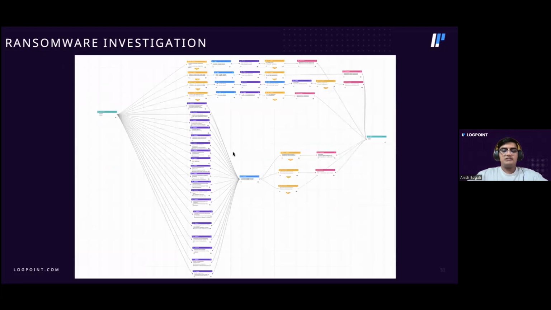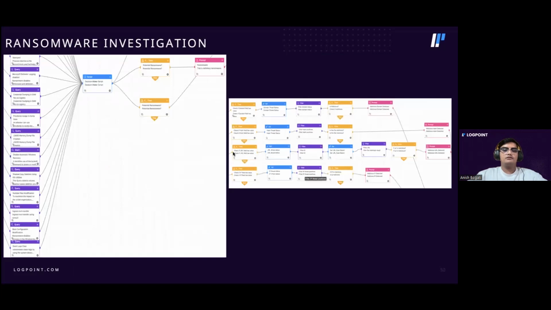Next is the ransomware investigation playbook. It looks for multiple artifacts and techniques used by adversaries, which will be further discussed in the next slide. After the trigger of this playbook, the first thing it looks for is whether the detected artifacts, such as IP addresses, hashes, or domains, are malicious or not by going through the threat intel platforms. Then it also looks for techniques commonly used by ransomware, such as scheduled tasks, modifying auto-run registries, credential dumping, etc.